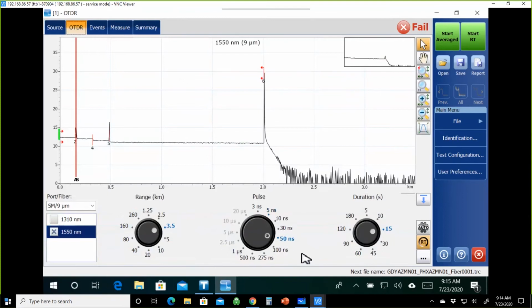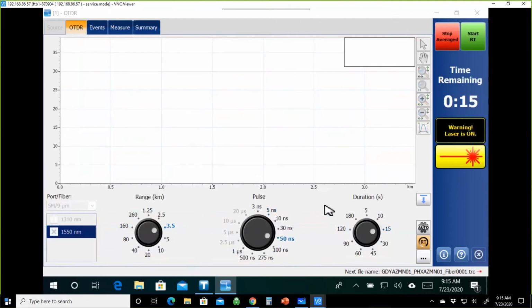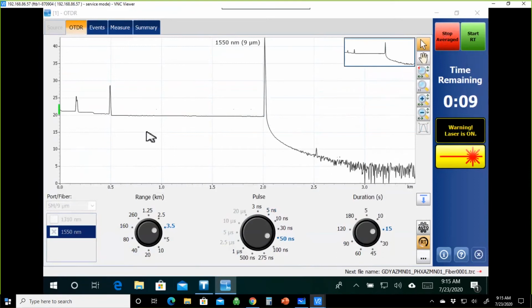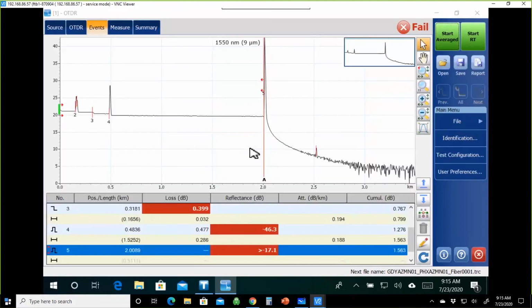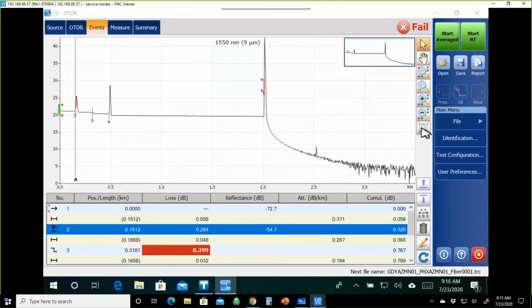Let me go to 50 nanoseconds. With a longer pulse width, I can test further. Let's see how that looks at 50 nanoseconds. It's going to shoot the exact same fiber, and then we'll see what it looks like now. Once it traces flat like this, all you're doing is wasting time. If you have it set for 60 seconds and at 15 seconds it's flat, then you're wasting the rest of the time. Now, if I highlight event number 2 and zoom into it,